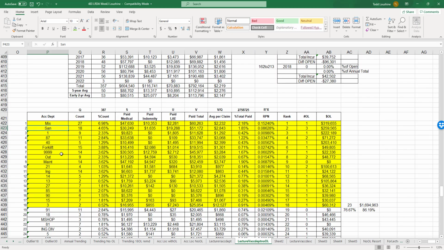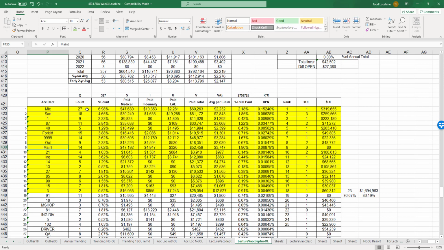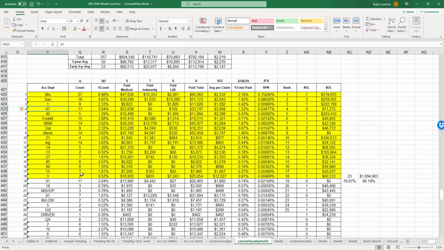God, I just don't know how far to go. I might just do forklift 9 to 9 maintenance because they've got at least 14 or 15. Otherwise, it's going to get kind of crazy. We may just do it with these two and see how crazy it is. That's next week, by the way. So we'll be attempting to forecast losses for the top causes that we just created in different departments. If that doesn't work, then we will default to just looking at